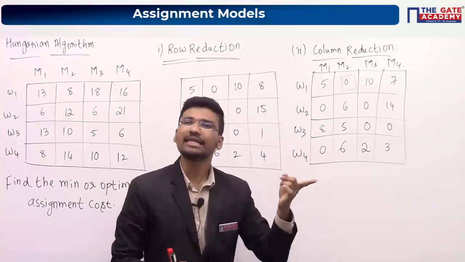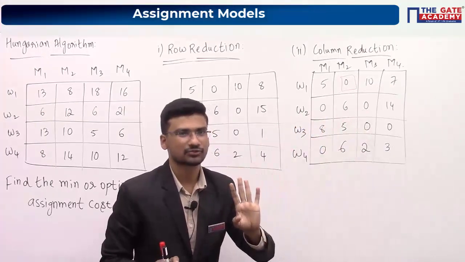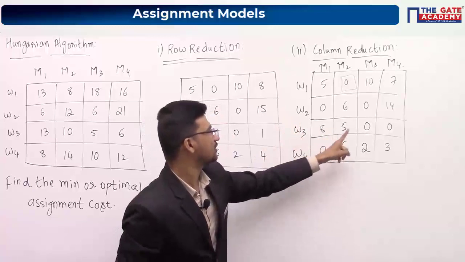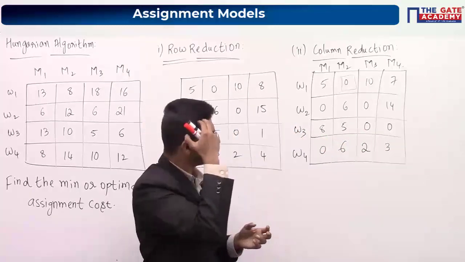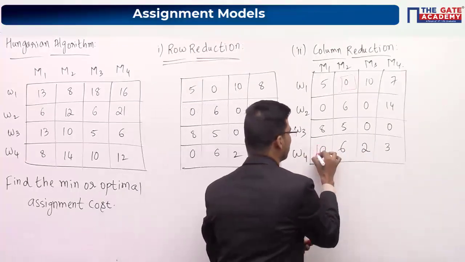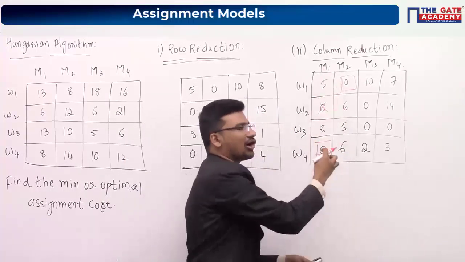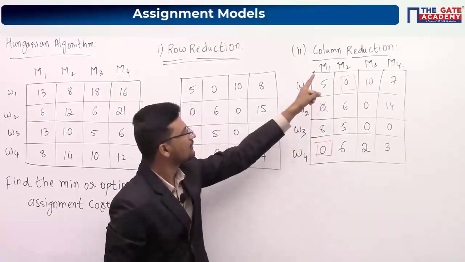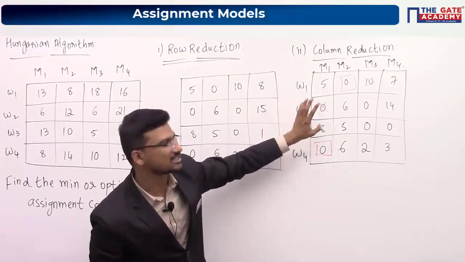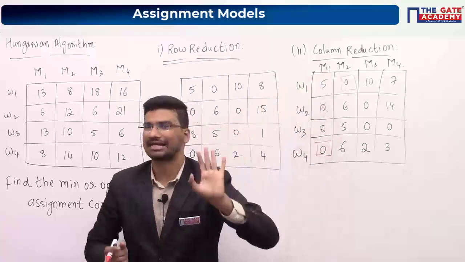Fine. Now again look for single zero row. In this particular row we are having 2 zeros, so we cannot assign. So among these 2 zeros we cannot decide where to assign. Okay. And in this particular row also you are having 2 zeros, that means we cannot decide. Okay. And in this particular row we are having single zero, right? Now if we are having single zero, you can assign here. Now after assigning here, you have to cancel the other zero present in this column. Why? Already I have told you, you are assigning worker 4 to machine 1, right? Now any other worker you cannot assign to machine 1. That's why we are cancelling this particular zero. So if any other zeros are present in the particular column, you have to cancel them.